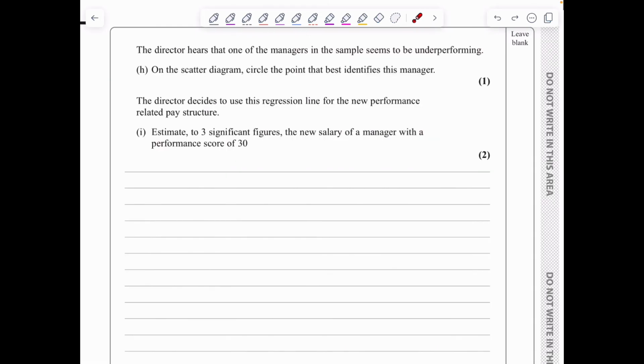And finally, in part I, we have to estimate to 3 SF the new salary of a manager with a performance score of 30. So we will simply say that when X is 30 and substitute this value into the line of best fit we obtained earlier, Y is 12.5 plus 0.805 times 30. This gives an answer of 36.65. Remember, this is thousands of pounds, so my final answer should be